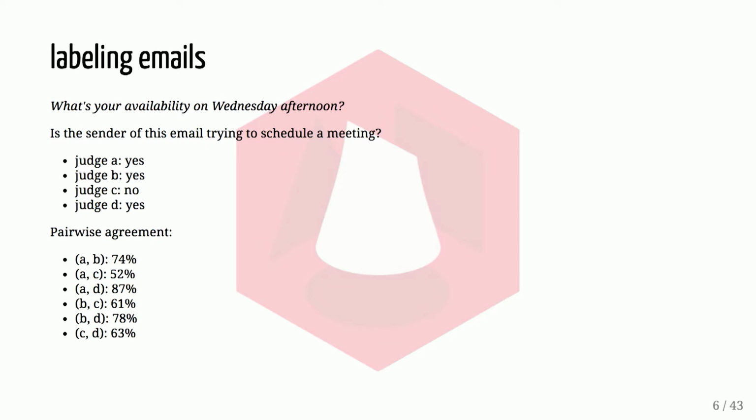So one statistic that can be helpful for us when we're trying to assess the results of these labeling tasks is the pairwise agreement between labelers. You know, if we see that these two labelers are agreeing 95% of the time, but each of them only agrees with this other person 50% of the time, well then not everyone has the same understanding of what it means to schedule a meeting with someone or ask about availability. So we should talk that through and write up some guidelines, figure that